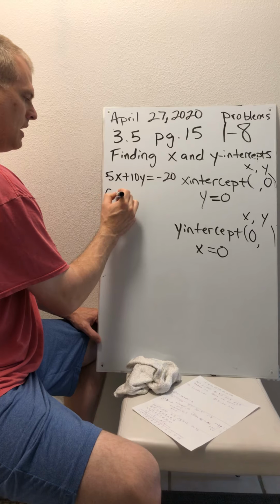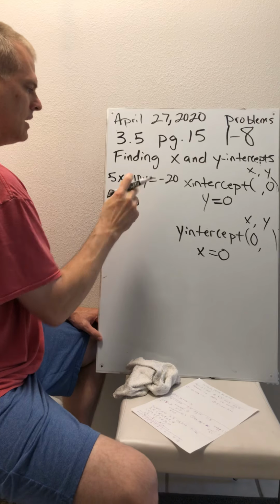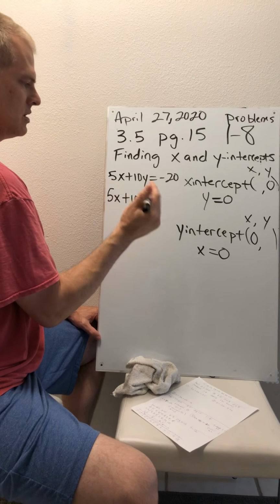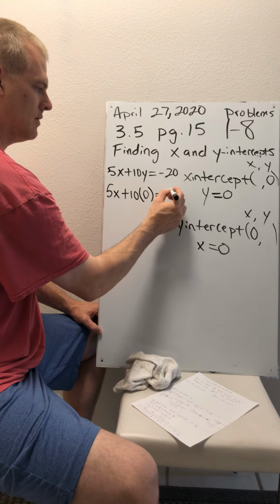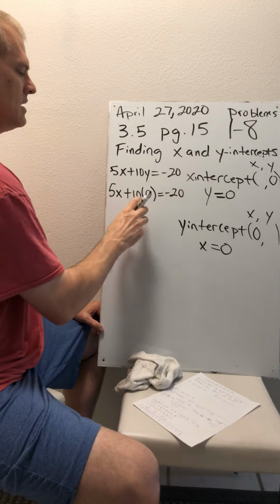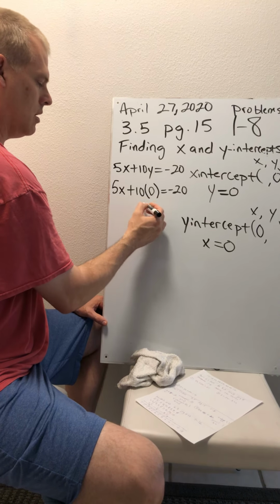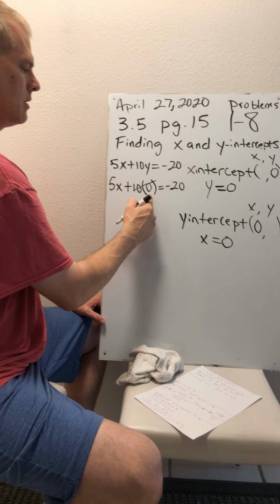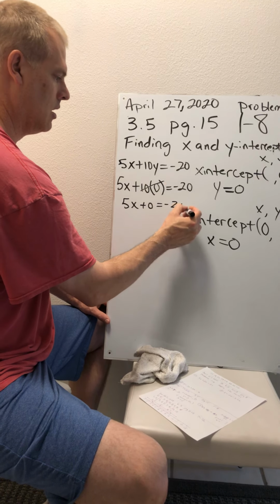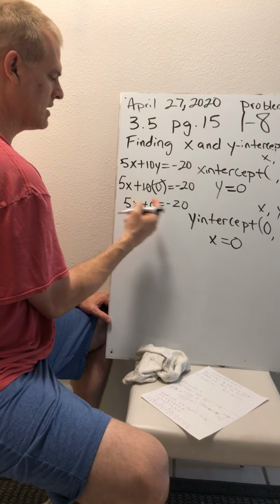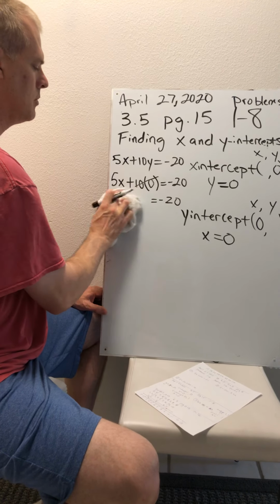So I write 5x plus 10. Now we're going to take that 0, substitute in for y, and since these are stuck together, which is multiplication, I'm going to put parenthesis 0, parenthesis equals negative 20. Again, what is anything times 0? Well, it's 0. We can either put 0 or we can just cross it out. 10 times 0 is 0. So we could put 5x plus 0 equals negative 20, or we can just cross it out and bring the 5x down. So technically, do we need the 0? No, we don't. So we just put 5x